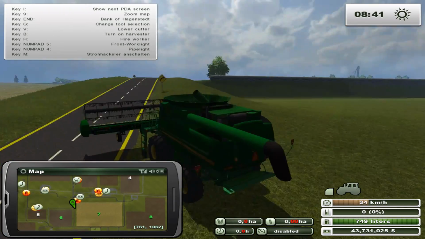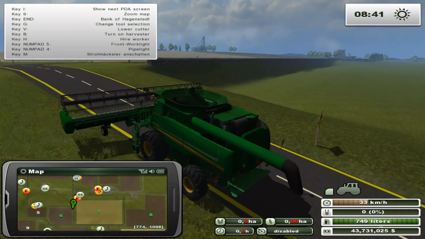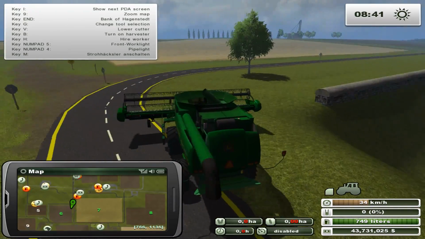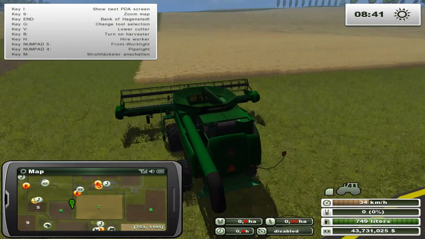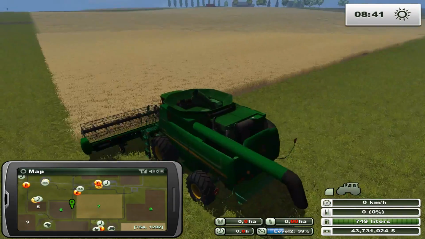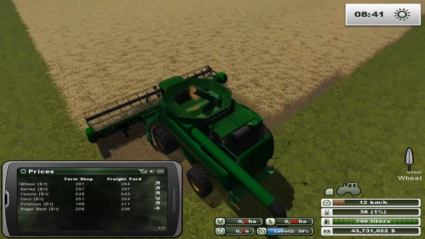Let's just drive up the hill here with our combine. The one thing I did notice about this combine actually is it's a little bouncy. I don't know why. But there you go. It is a bit strange. Alright, so let's just hire a worker and see how it goes. As you can see, the hired worker does work